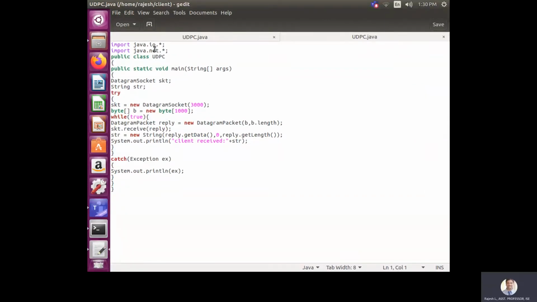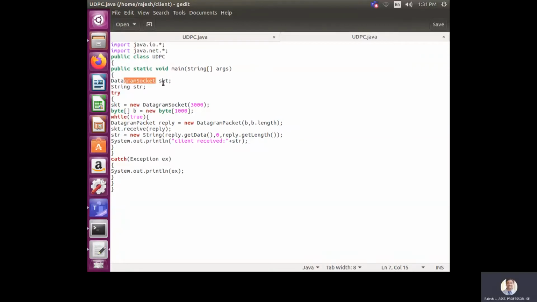Here you are supposed to import two packages, java.io and java.net, under the Java class. The name of the program is UDPC. Since the class name is UDPC, declare one static main with a string array to read the arguments.